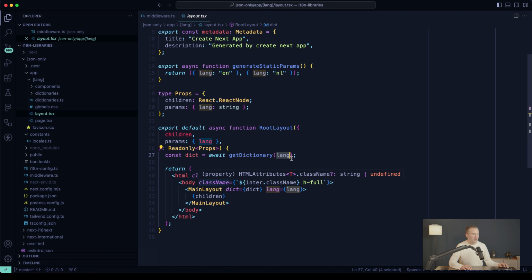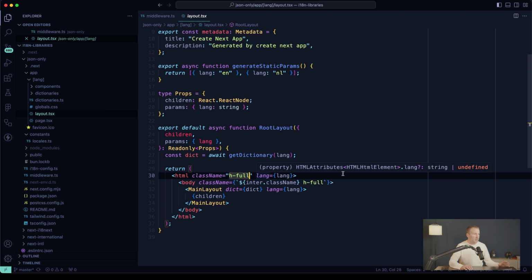And we're going to pass the lang property to the HTML tag to tell the browser which language we're viewing content in. And we do a bit of CSS. We have a main layout, which is going to receive our dictionary and lang as well. And then now notice we can't really pass those values to the children, that being the page and anything inside